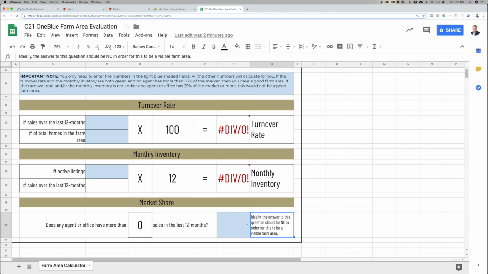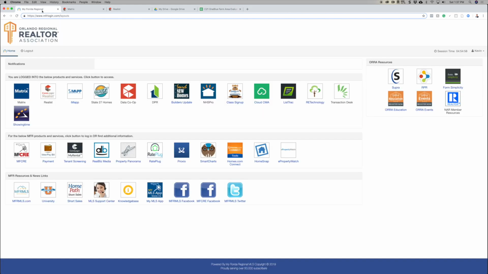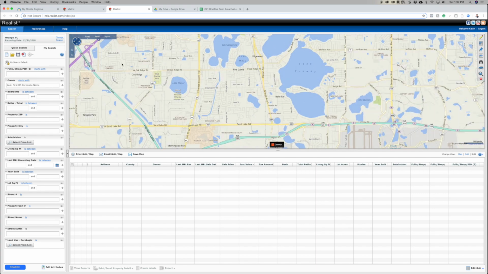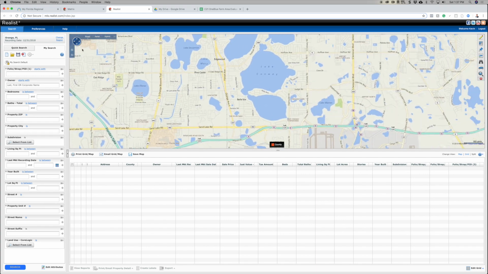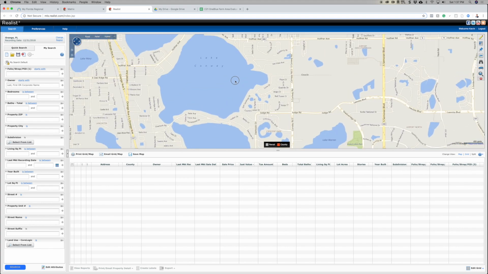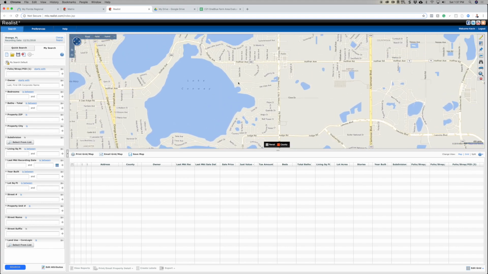So first, let's go find a farm area. So from mfrlogin.com, we're going to go into Realist, which is our property tax website. We're able to get the total number of properties. So let's scroll down here. Here's the office. I'm going to scroll in just a little bit more. And I know there's just some great communities that are over here to the right that we might want to farm. So right here,